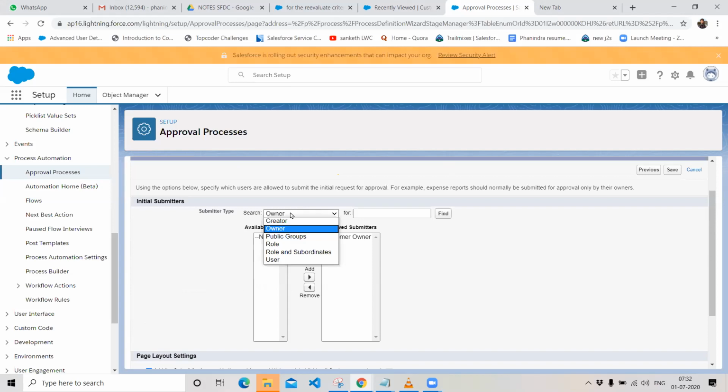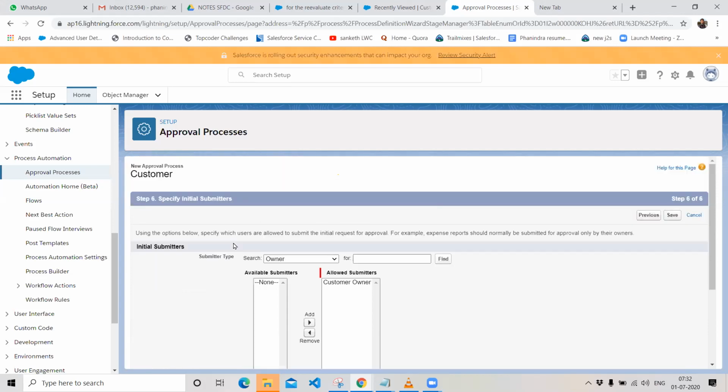And we have one more option called who is the initial submitter that you want to assign to this record. Because whenever you are submitting a record, you cannot give access to every person in an organization to submit your record to the manager.